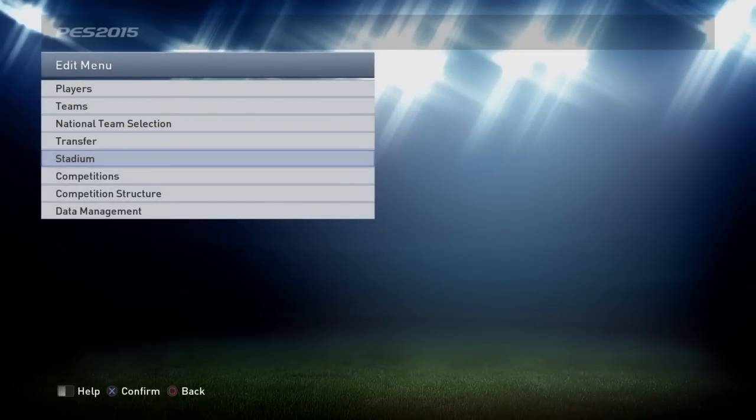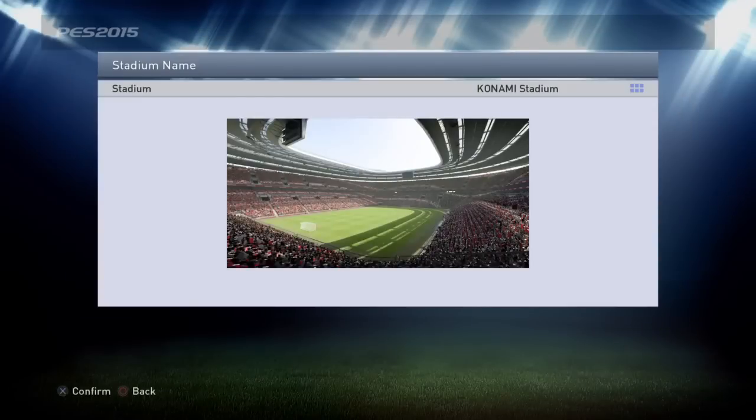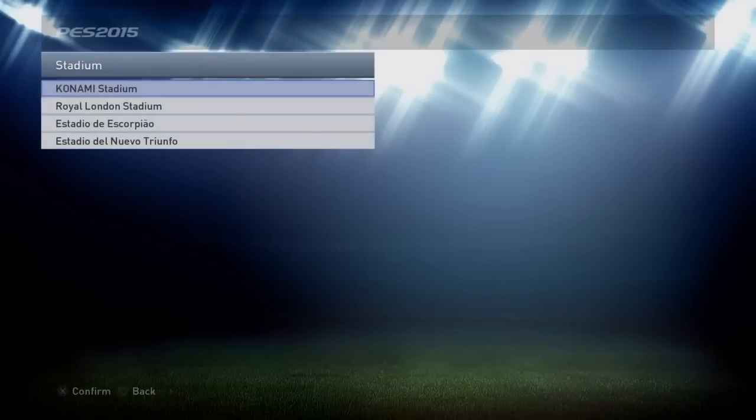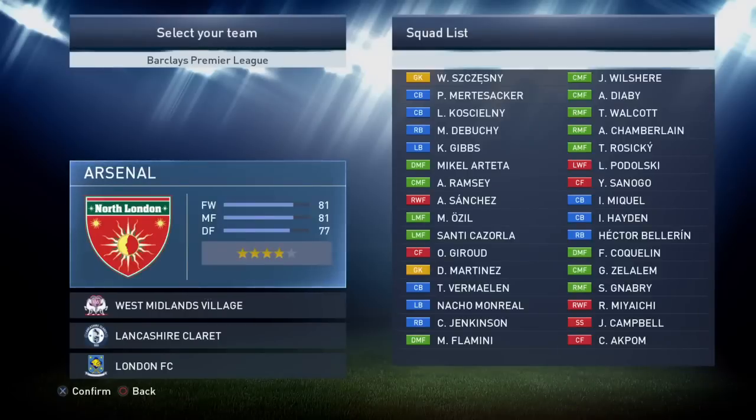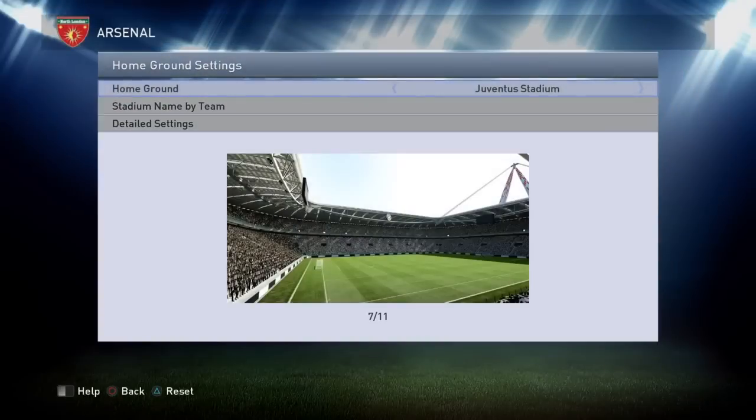You can come down and also obviously edit each stadium. For instance, if I wanted to edit the Konami Stadium, I could go into here and change the name. So from this menu you can only change the name, but if you actually go into the team options, so if we go back to Arsenal, you will see if I go to the home ground and go to detailed settings,